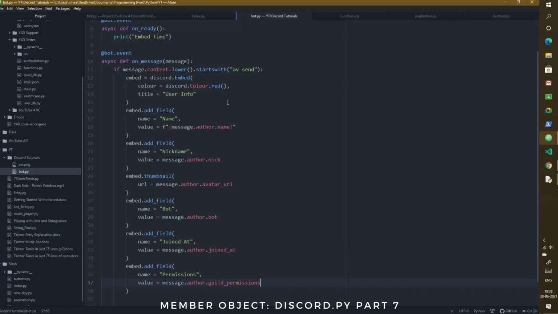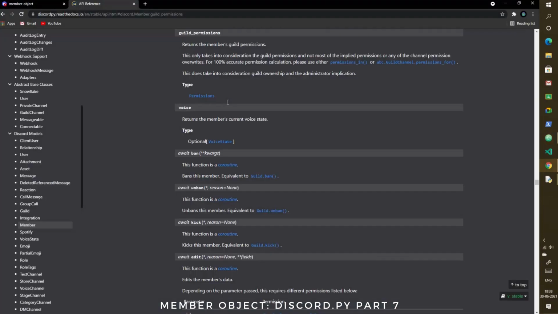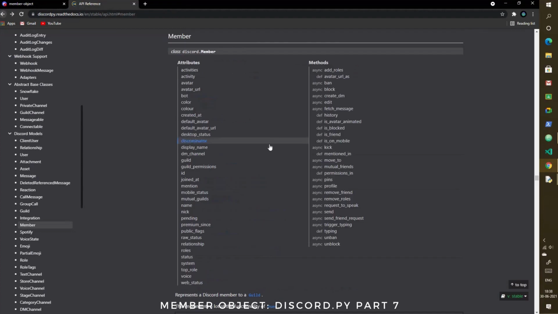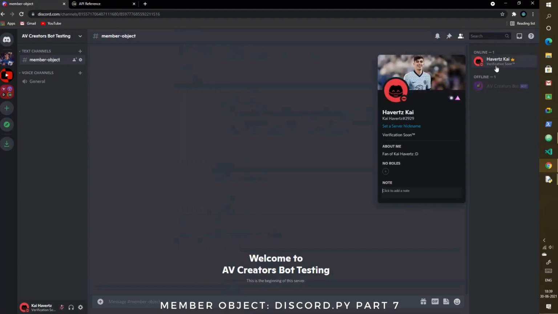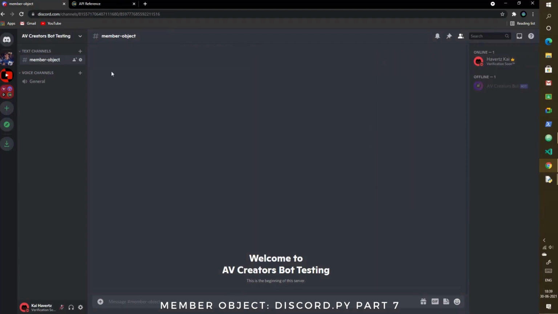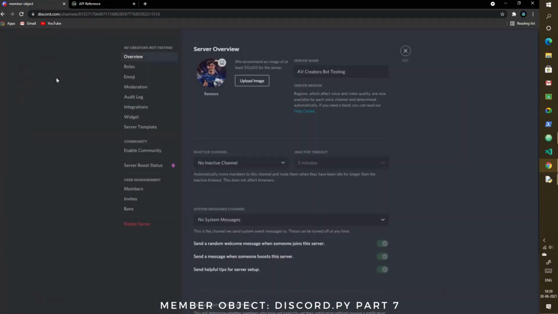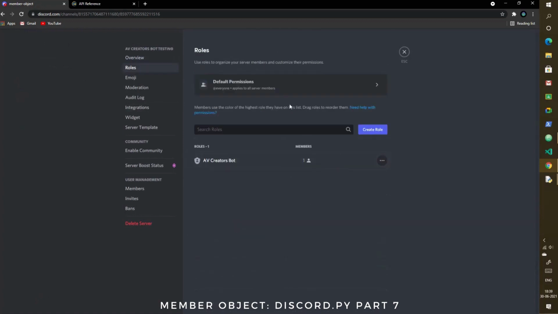And in a future video, if I show you how to make a proper bot by itself, instead of just these part by part tutorials, I will probably use it as well. So now let me just check if there's anything else that you should know. And I think you should know about the top role. So top_role basically checks your roles and gives you the top one. So for that matter, let me quickly create 2 roles and assign them to myself.